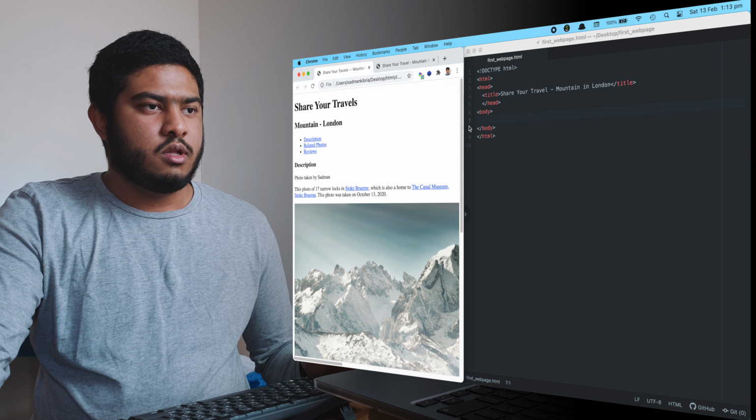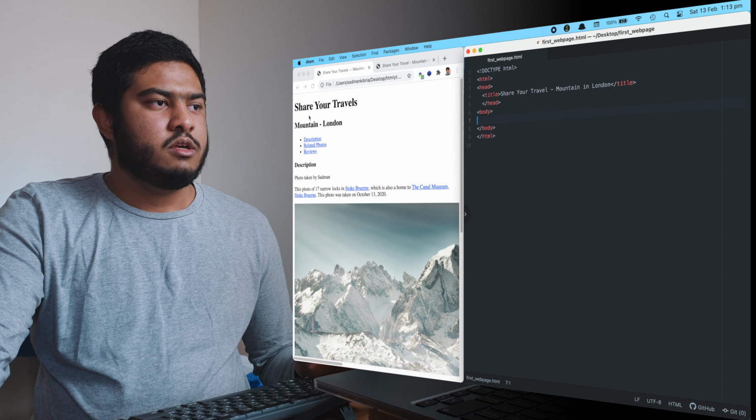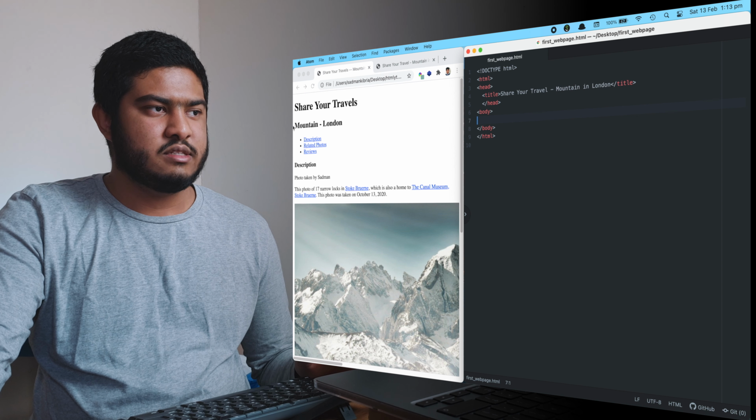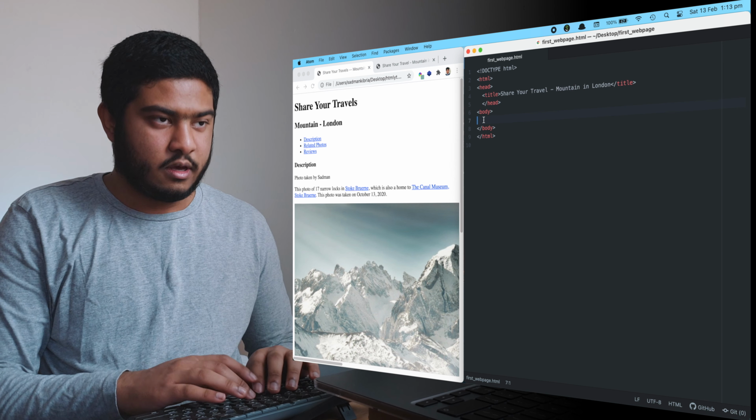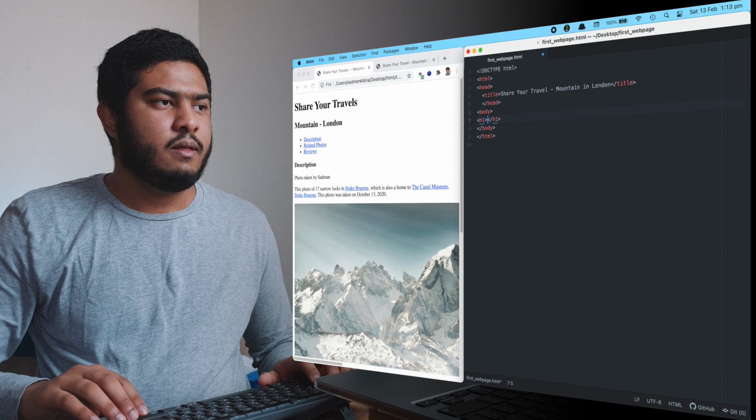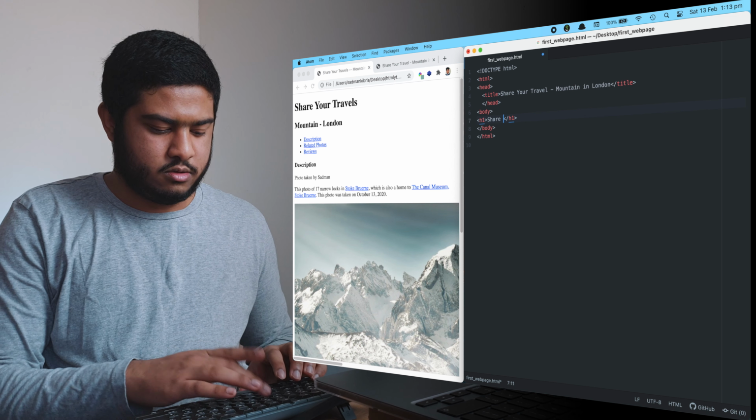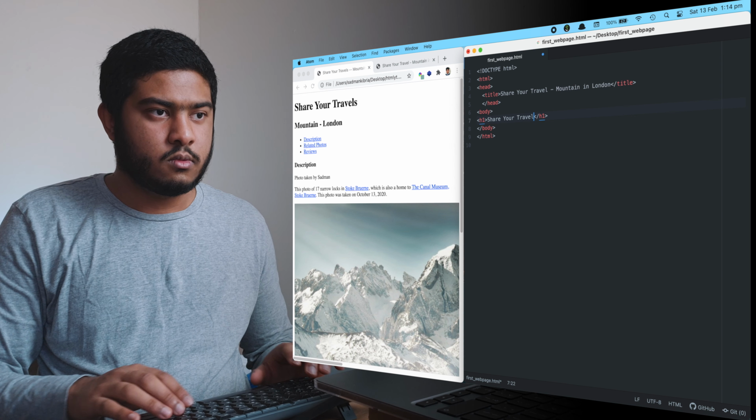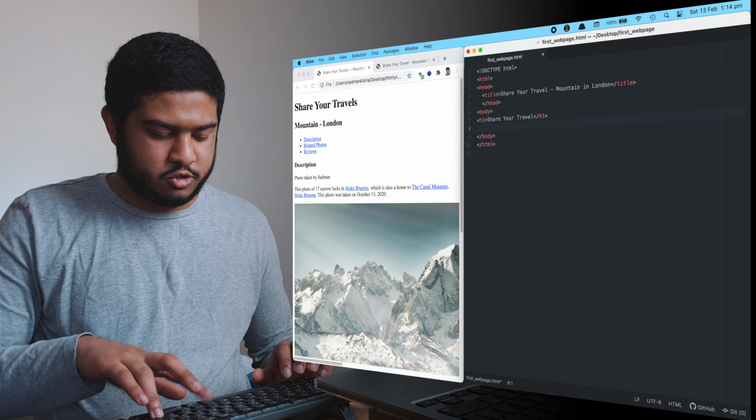Now we're going to be working on the body. Yeah, there's a lot of stuff we have to do over here. So the first one, we are using heading here. So this is the H1 and this is the H2, and this one is H3. So H1, okay, and yeah. So the title for this is Share Your Travel. Okay, so that's H1. And after that we are using a H2 tag,